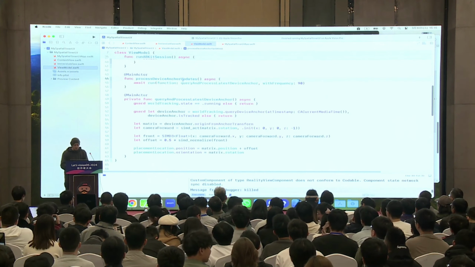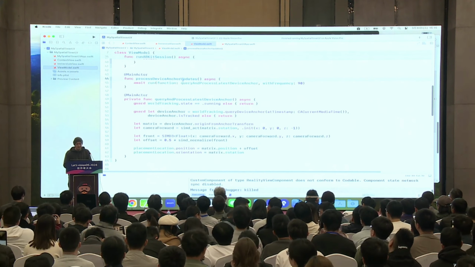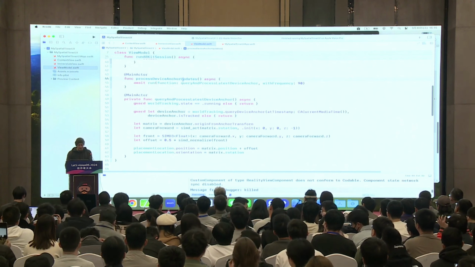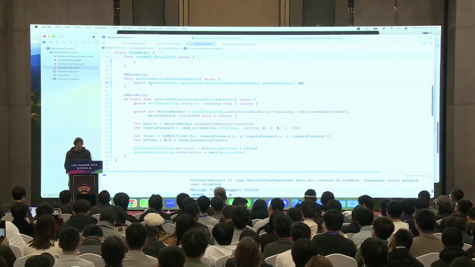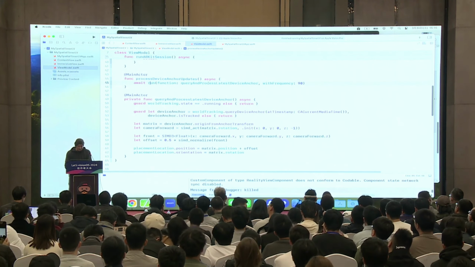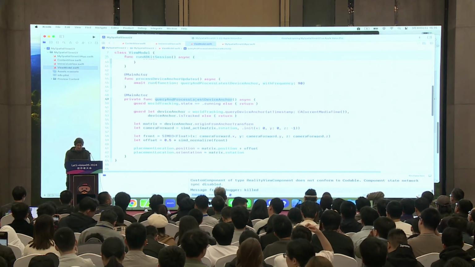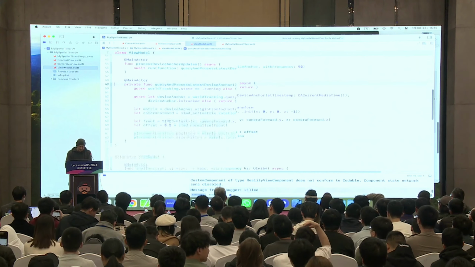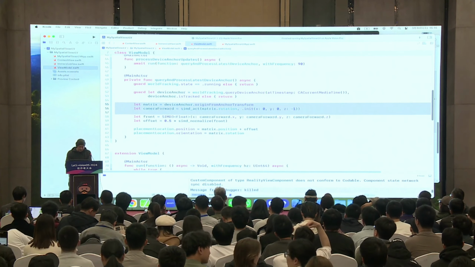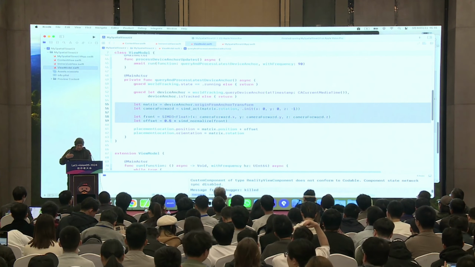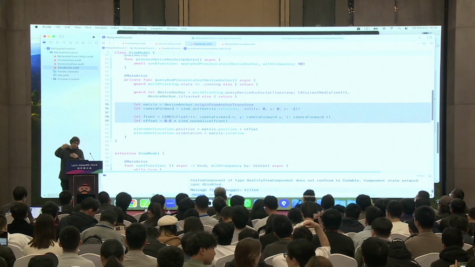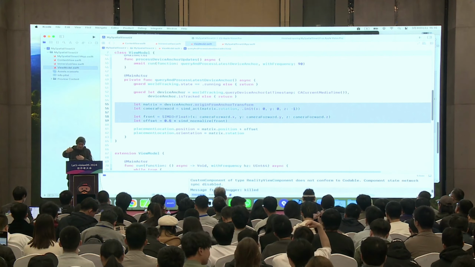So remember that we added two functions, process device anchor updates that calls run, and this one calls query and process latest device anchor, and this one is 0.5 meter in front of me.